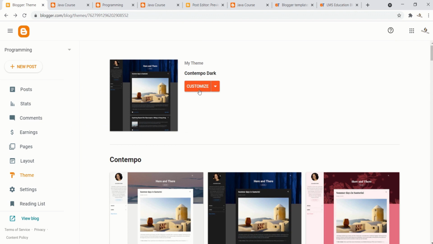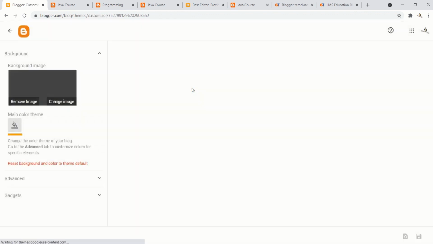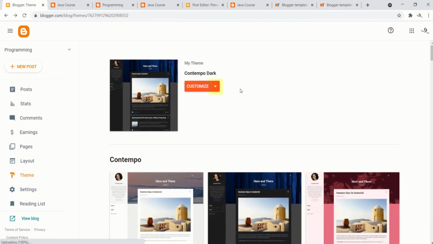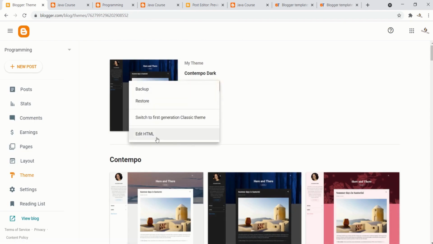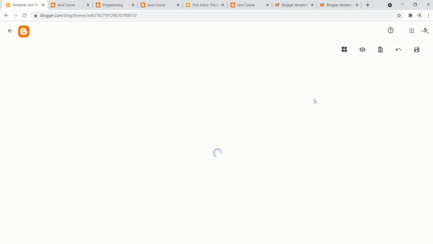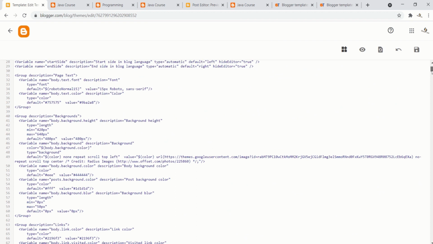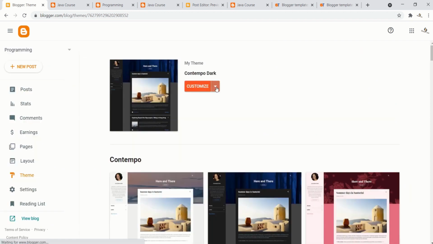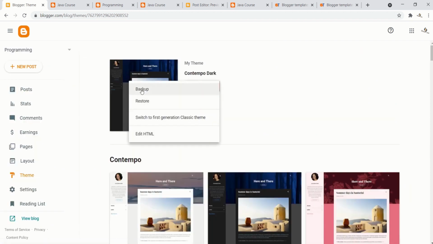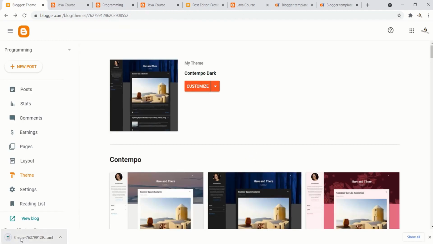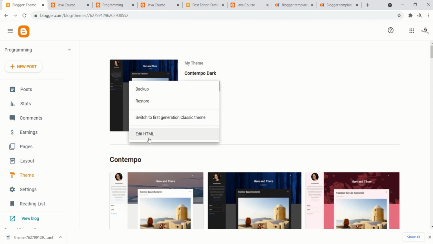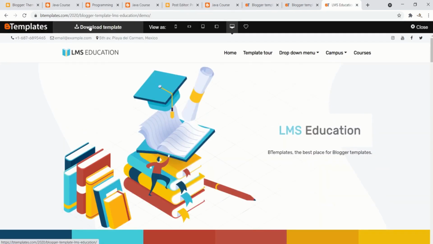So if you want to customize our current theme, you can click on customize. We can click on this icon and then edit HTML. And here we will have the HTML view of our theme. We can also search by doing Control F. Before doing any changes, we can back up our template and click on download. So we can download our template, and if we have messed up our template by editing the HTML wrong, we can always restore it. So click on download template,